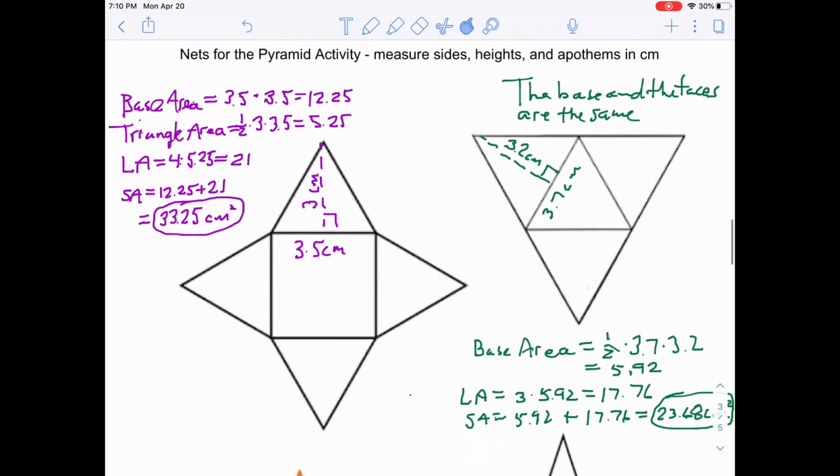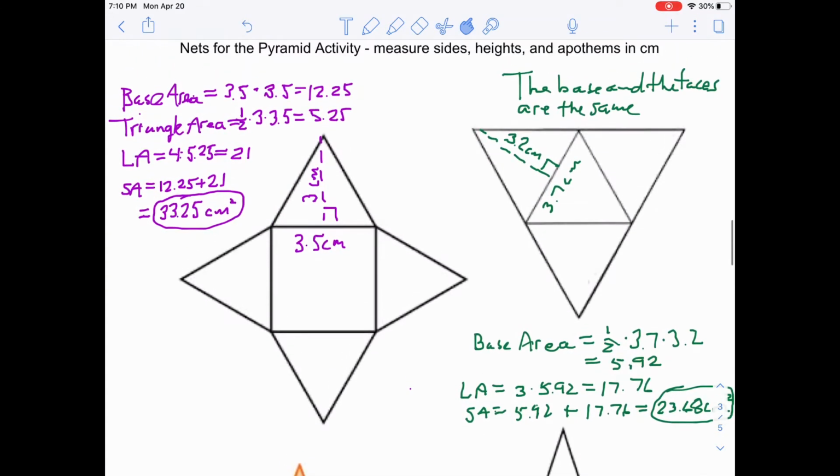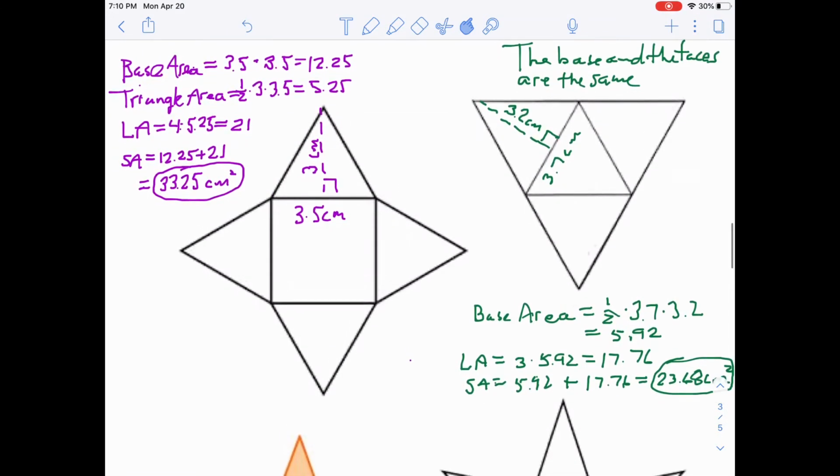Let's use the green work here on the triangle base one, on the right here, as an example. So if you look at all these triangles being the same, we'll find the base area. I measured the base of this triangle as 3.7 centimeters, and then the height of each of them, since they're all the same, is 3.2 centimeters. So the area is 1/2 the base times the height,